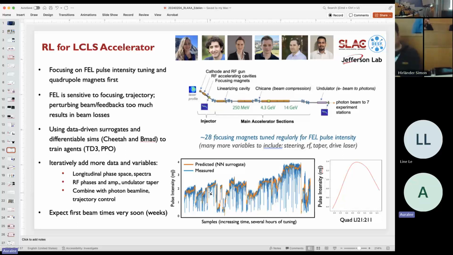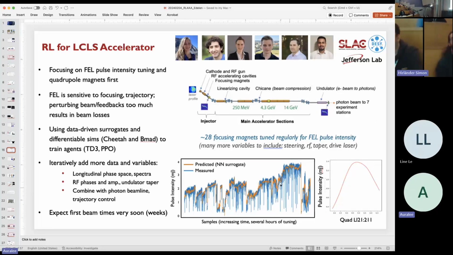This is an example on the bottom here of a surrogate model that's been trained on measured data and its agreement with predictions on the test set. So we can predict what's going on fairly well overall. And then we're also using differential simulations, including Cheetah and BMAD, to train agents. And along the way, investigating things like the